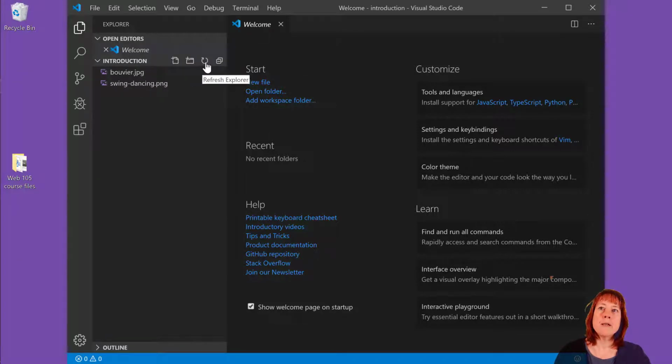So now it has my images in here and I have the options of creating a new file, a new folder, refreshing the Explorer. So if I add something on the outside, I can do that. So since I'm in my Introduction folder, I'm going to have to create my first HTML file. So I'm going to hit New File and I'm going to create